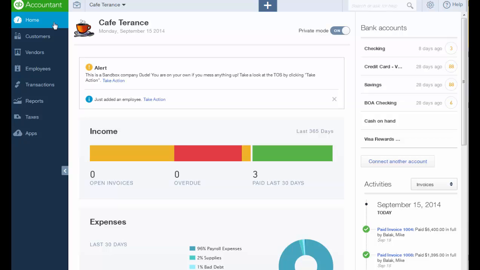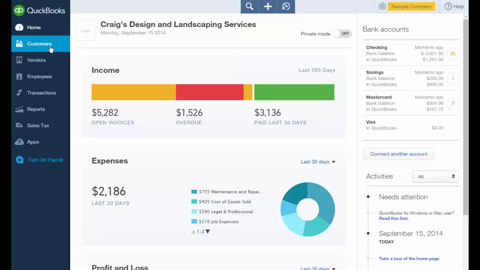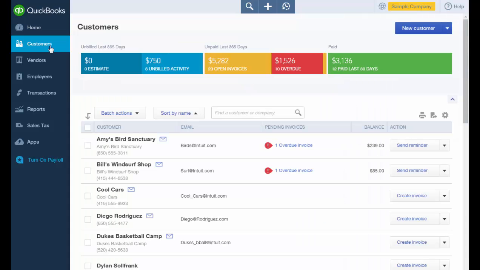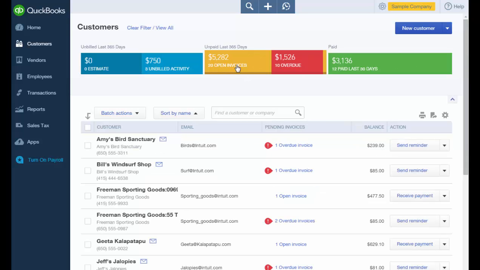On the navigation bar, we're going to look at customers. The Customer tab opens the Customer Center. The Money bar is a visual representation of unbilled estimates and time and expenses, receivables, including overdue invoices, as well as invoices paid in the last 30 days. You can drill down on any element of the Money bar to get to lists and ultimately transactions for reviewing,